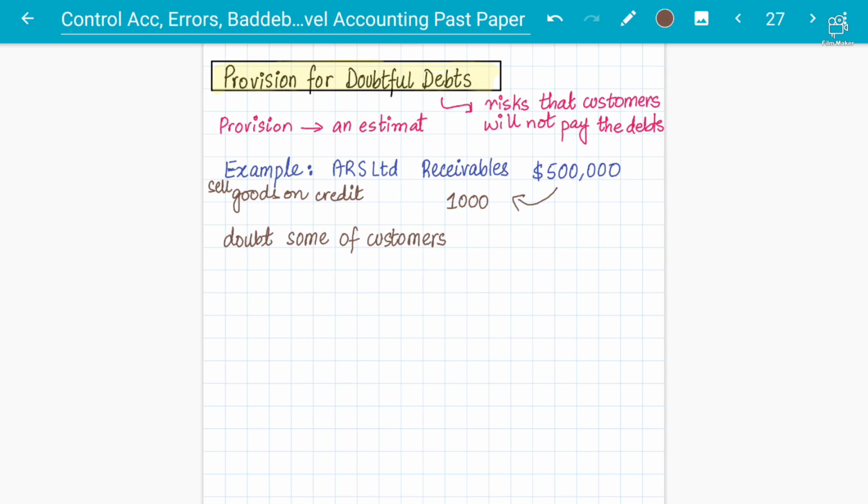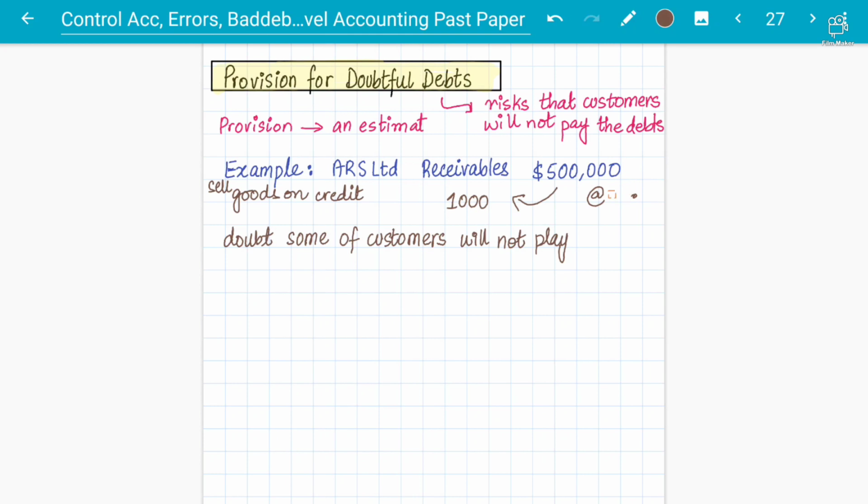Okay, this was the understanding that some of the customers will not pay. So what you do is basically assume an amount by using a percentage, and I'll tell you how the percentage is determined. You decide the rate, say out of $500,000, at the rate of 2% you are not going to receive those customers' amounts. So 500,000 into 2% will be around $10,000. That will be a loss to you, and we are not going to receive it.